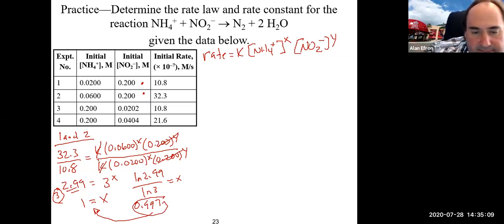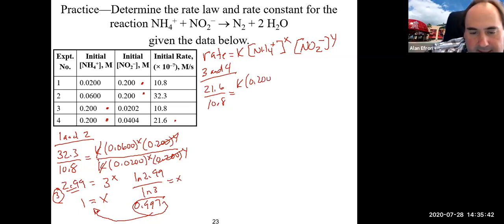Now we've kept the NO2 minus constant, so we now want to keep the NH4 plus constant. And it looks like it's going to be experiments 3 and 4 that allow us to do that. So if we look at 3 and 4, I'm going to put number 4 up on top as it has the higher number. So 21.6 divided by 10.8 equals my K